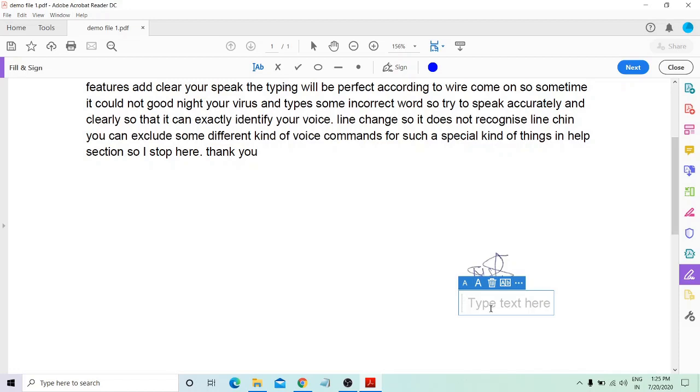You will get a box to write your details. For example, below the signature you can mention your details. Whatever the department and university.